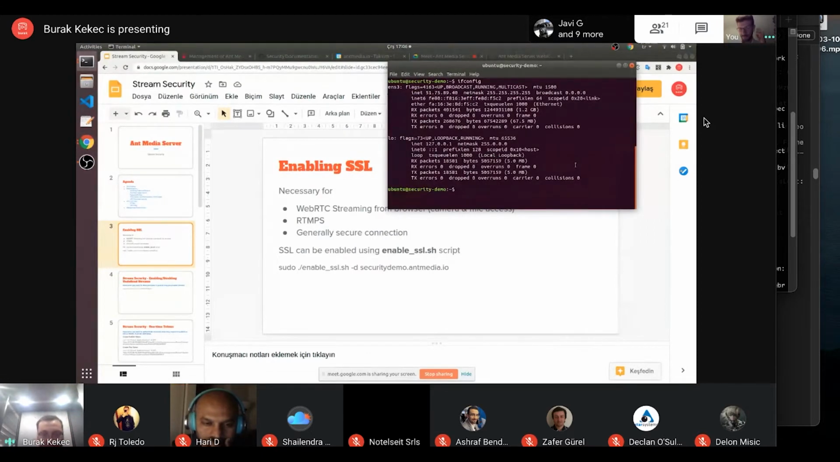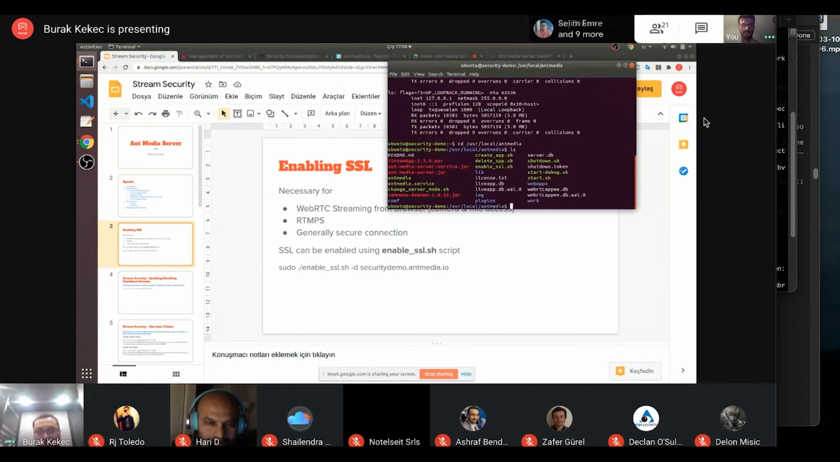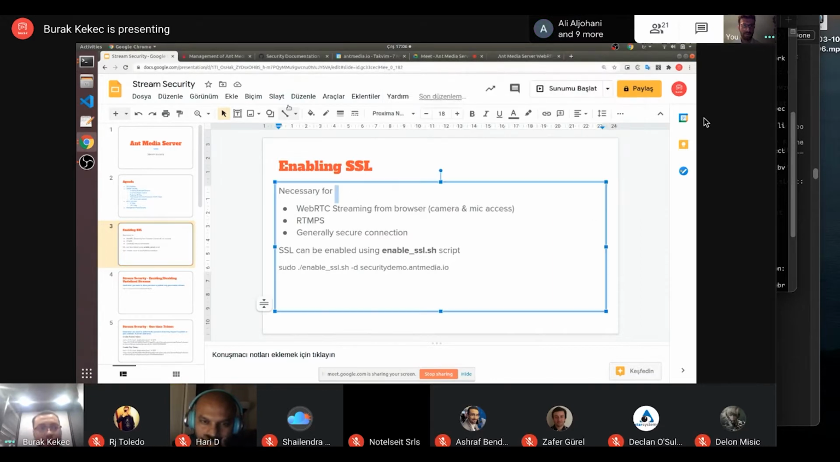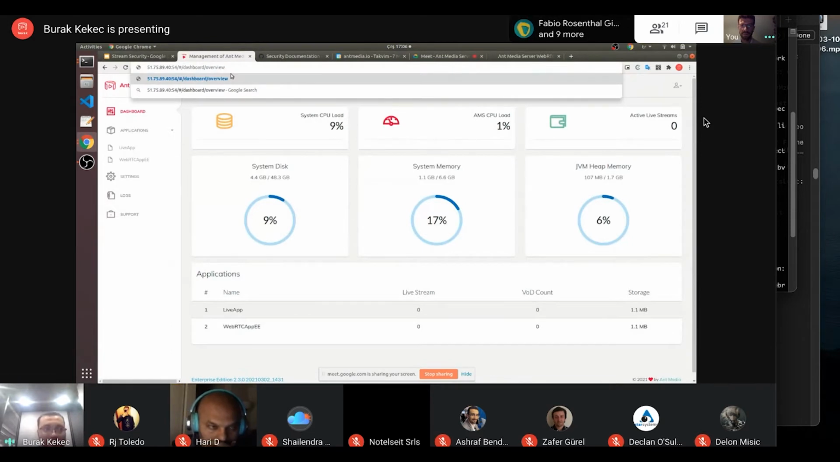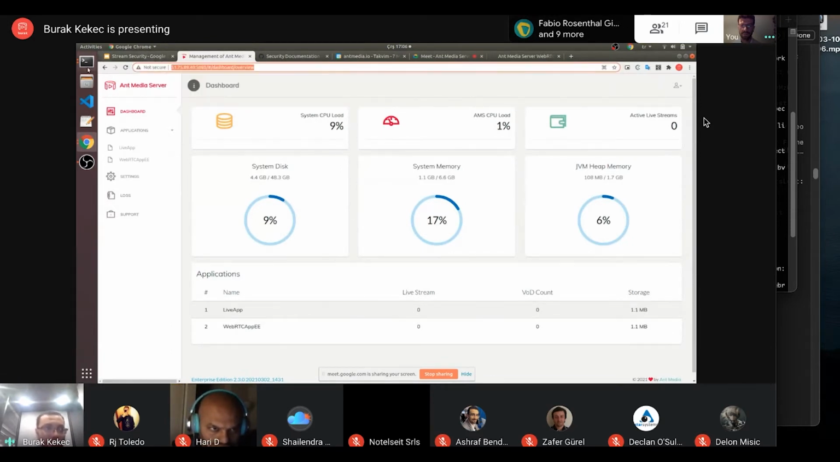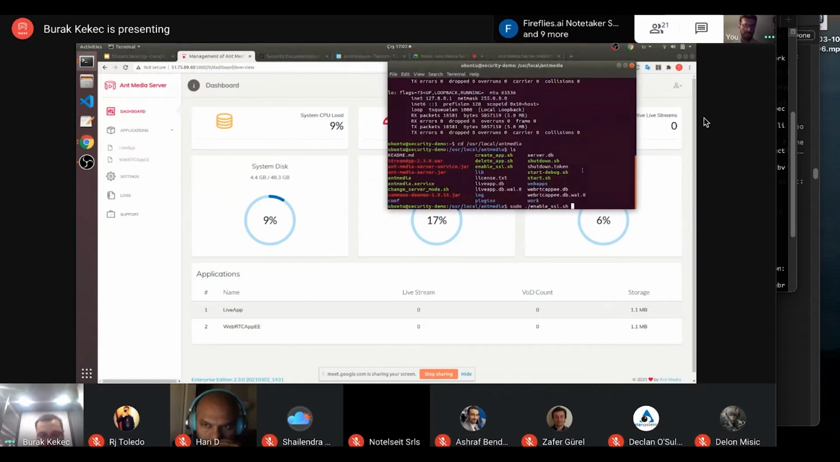As most of you know, it's very easy for Ant Media Server to enable SSL. Now I am navigating to the Ant Media Server installation folder, and we have an enable SSL script here. Okay, now I will enable SSL. By the way, maybe we can try to connect with 5080, but it's obvious we cannot do it. Anyway,